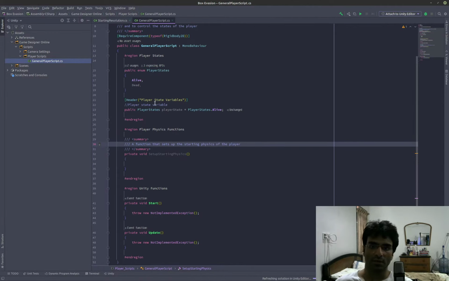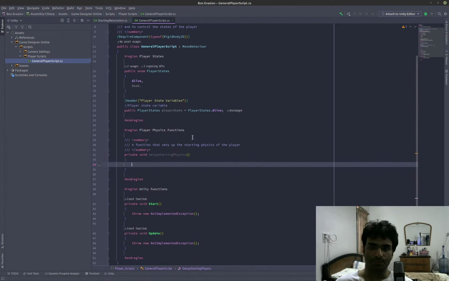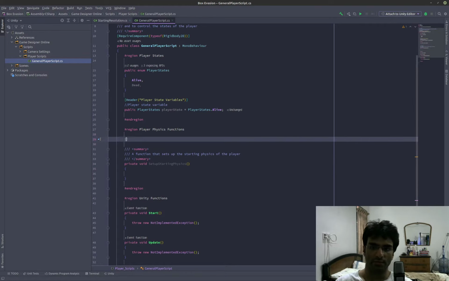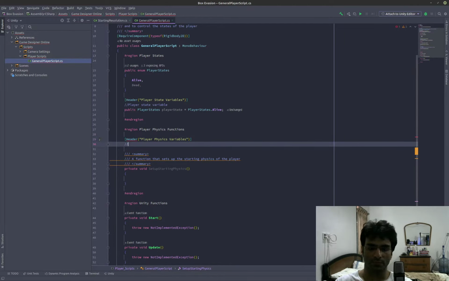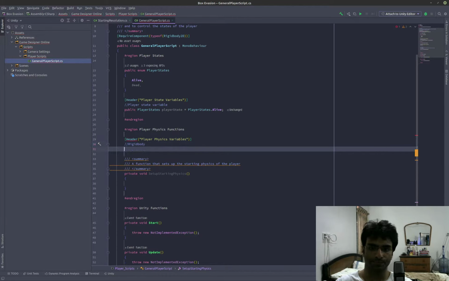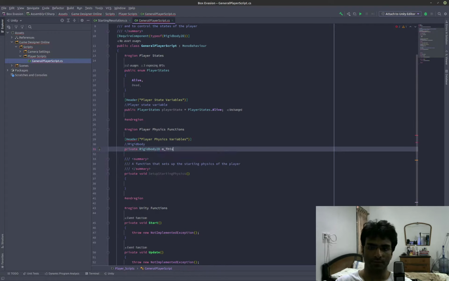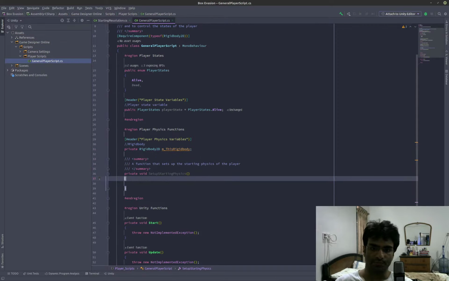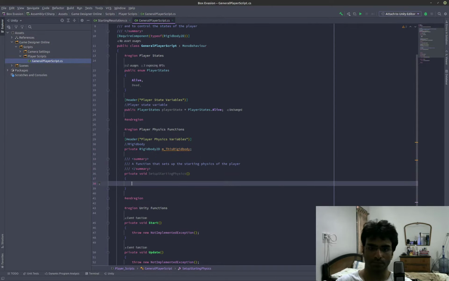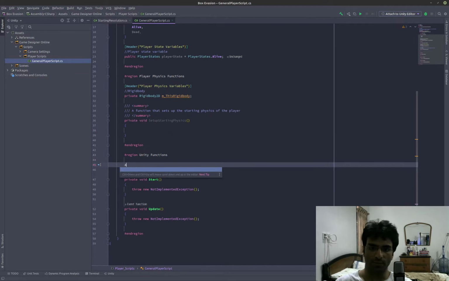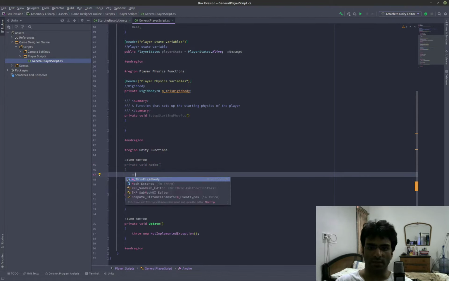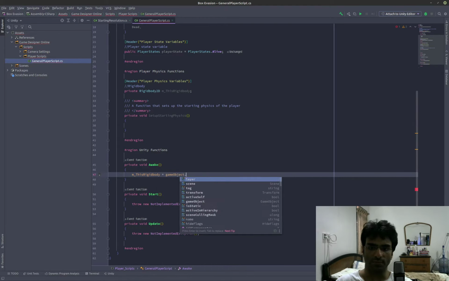I'm going to just go ahead and create player physics variables. I'm going to write, say, private Rigidbody2D m_rigidbody. I'm actually going to set up the value in Awake, so I'm going to go ahead and say that this rigidbody is equal to gameObject.GetComponent